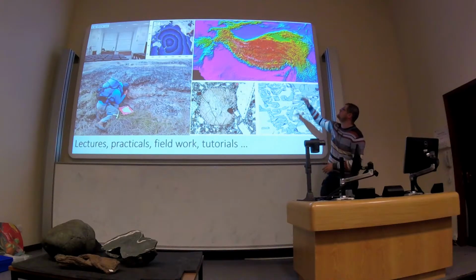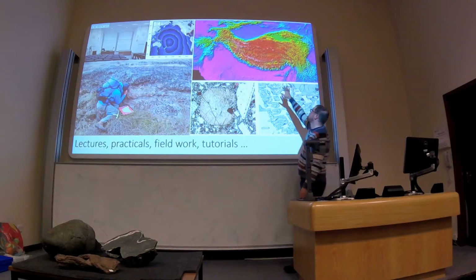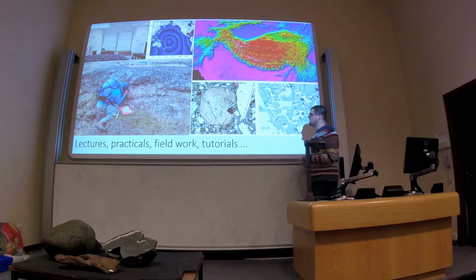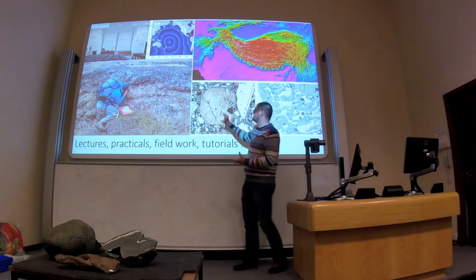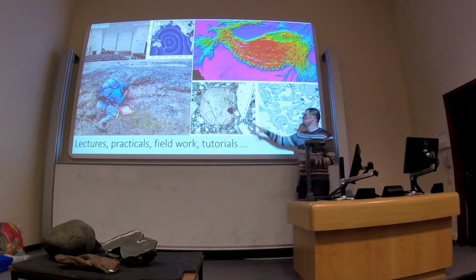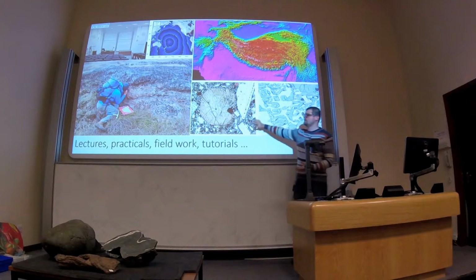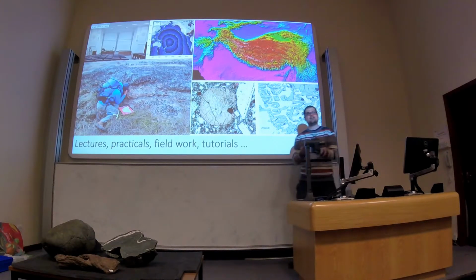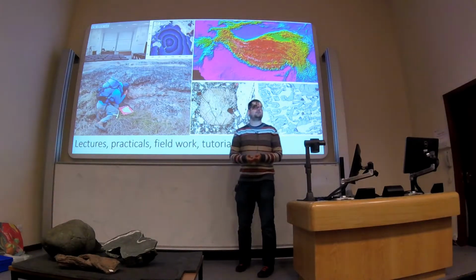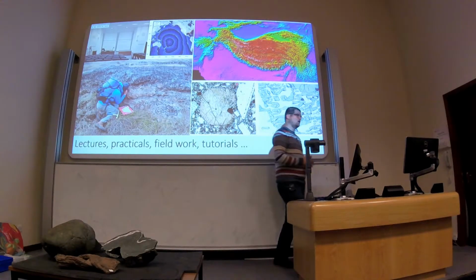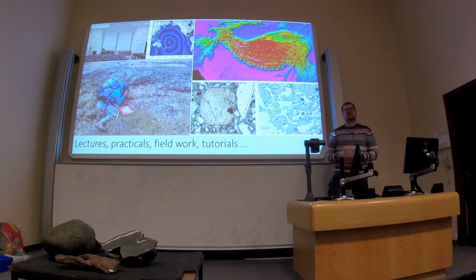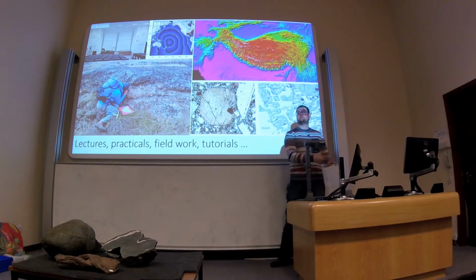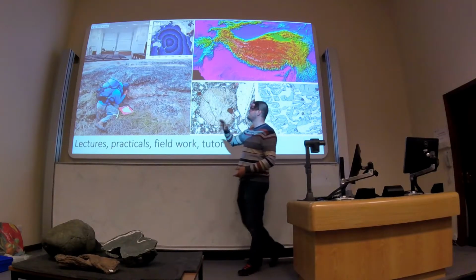So we've got tsunami data up in the middle there, a topographic map of the Himalayas. But in earth sciences we tend to also do quite a lot of observational work, so we look at samples of rocks under maybe the microscope, but a large part of earth science teaching is in the field. So we actually go outside where the earth is effectively performing natural experiments for us, and we go out and make those observations there.